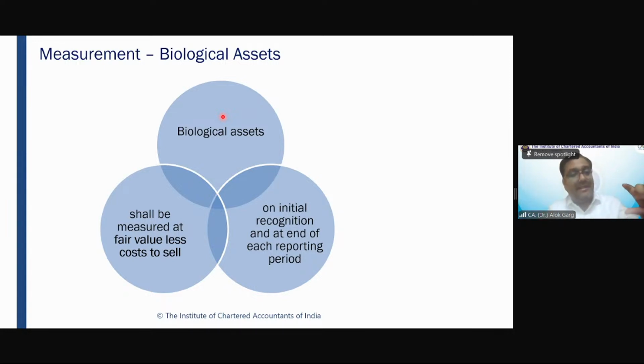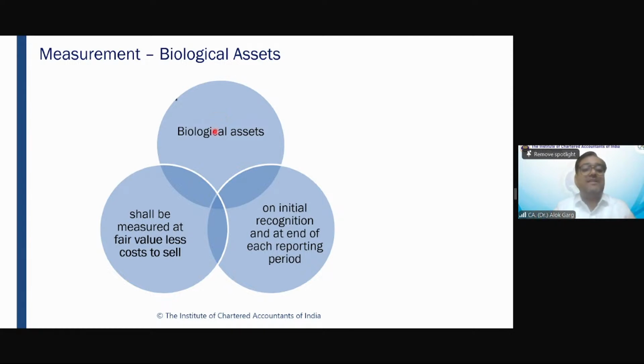Mango tree is a biological asset, a living plant, but it is a bearer plant, and hence mango tree is not covered under Ind AS 41. It is covered under Ind AS 16. But mangoes are the agriculture produce which is covered under Ind AS 41 at the point of harvest, right? Tomato plant, cauliflower, tomato, mint, right? Coriander, okay? Potato, carrot. These are non-bearer plants, right? These are the biological asset, and their output is also the agricultural produce. Okay, so both these items are covered under Ind AS 41.